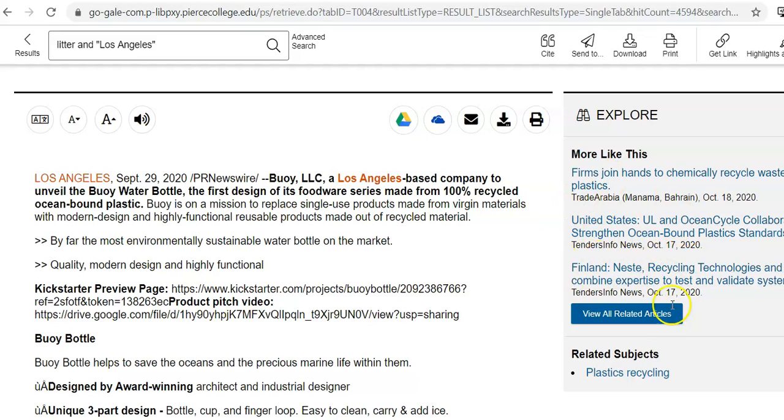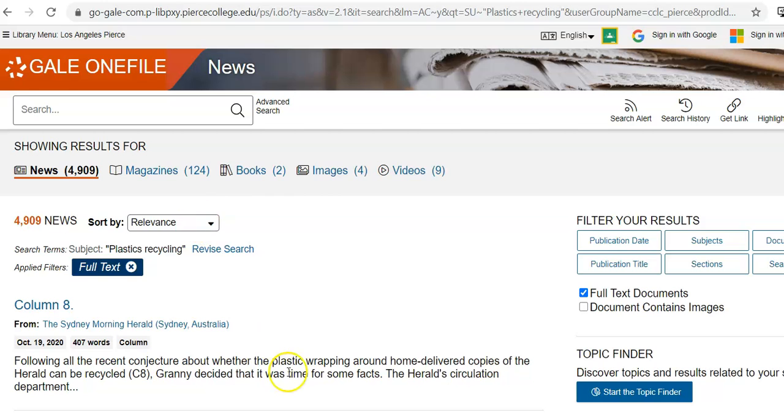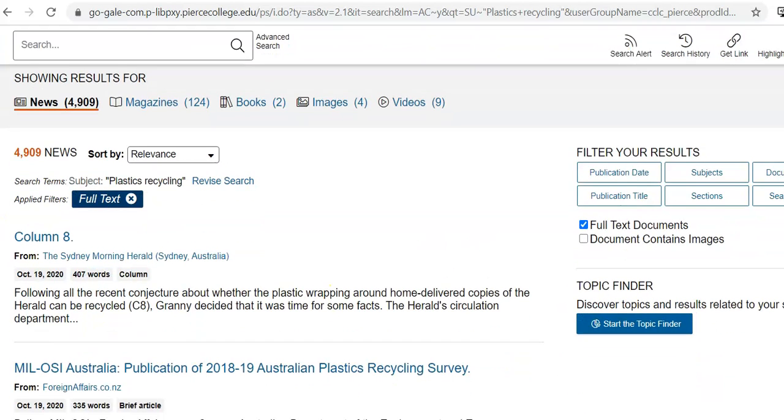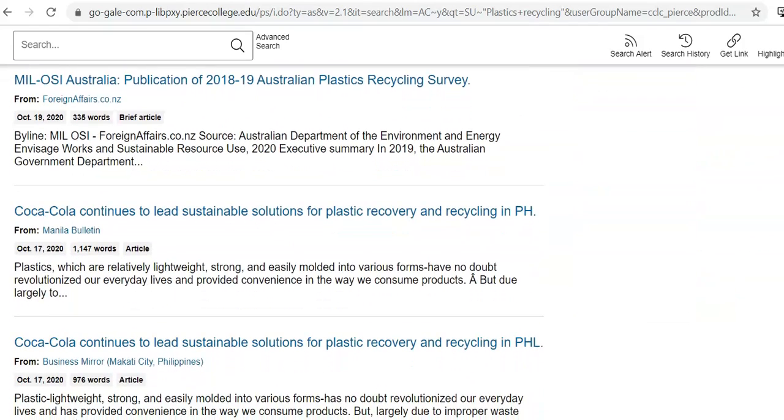There's only one in the United States. I could do plastics recycling if I wanted to. Why don't we try that and see what's there? Plastics recycling, 4,000 articles on that. And I'd have to read the titles, see what we've got. Maybe I want something with litter in the title, so I might